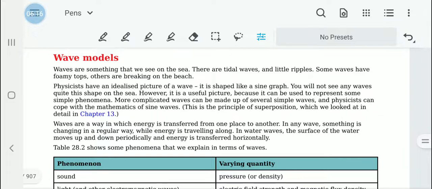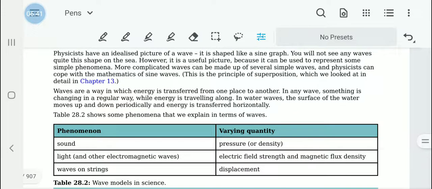So now the problem here is, even in physics and in the ocean, it is not just one wave that comes along. There are many waves acting up. So it is a combination of many waves, and we know that it is the principle of superposition that we have learnt earlier.